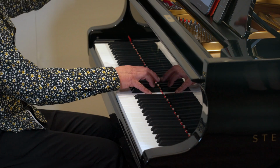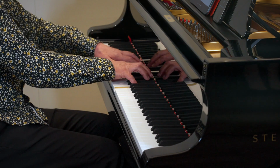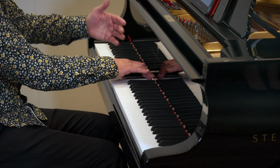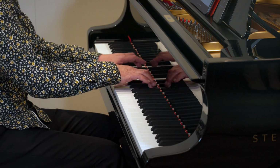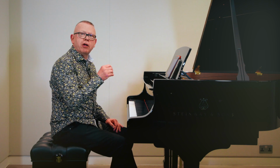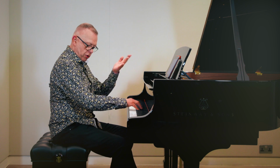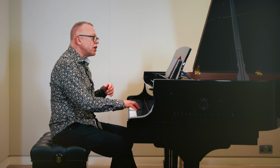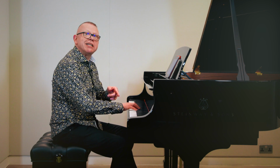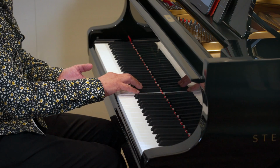Here's another useful thing to do, conduct. Do you see how I'm keeping the rhythm alive in my body? What we don't want to do when we're playing the piano is to stop on a long note. So if I would do this, my body is frozen now. And then I've got to gauge, okay, it's about now, I think. And that note is disconnected from that note. But if I would just keep a little bit of motion,